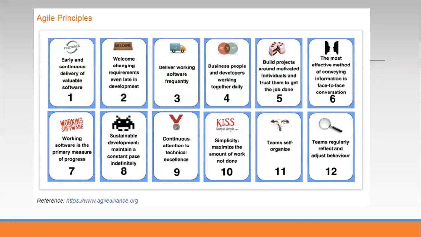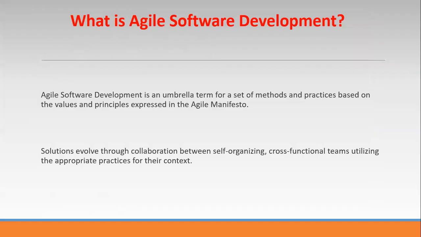The Agile Manifesto was developed by 17 people, which is not an off-the-shelf thing which you can directly take and implement. You will have to understand it, and you will have to develop your own framework. So depending on these values and principles, a lot of other processes developed. So here we say what Agile software development is.